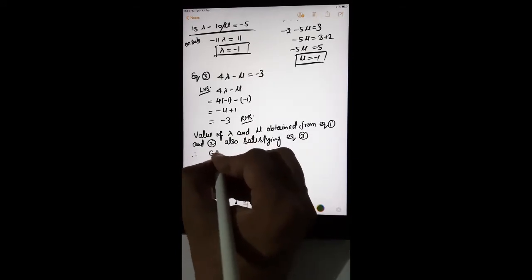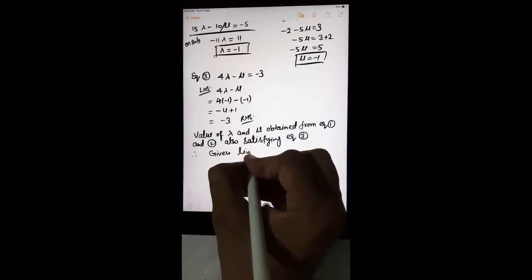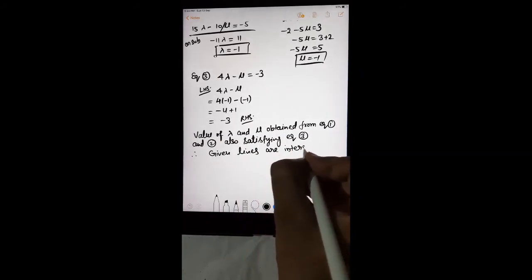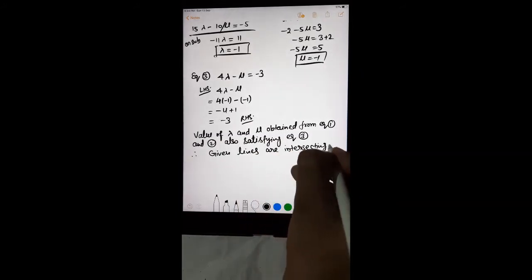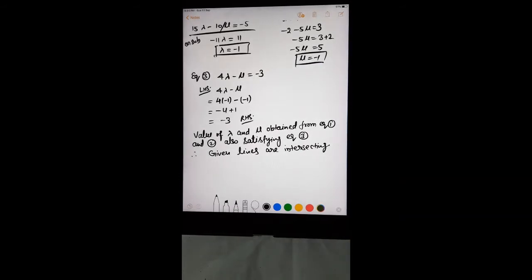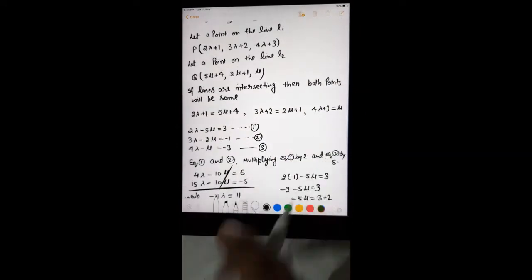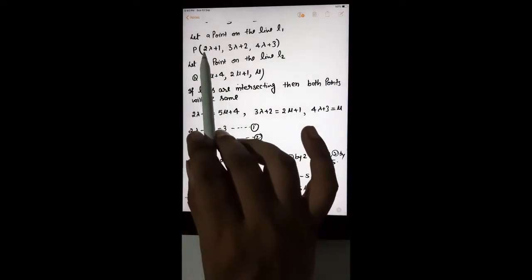Therefore, the given lines are intersecting. If we have to find the point of intersection, then put the value of lambda and mu in either